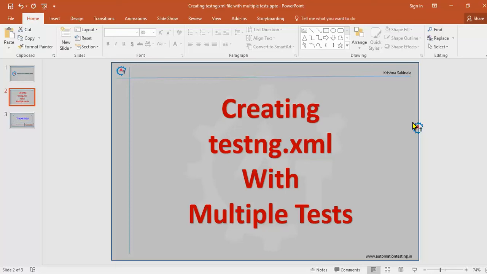And in the future, if you want to execute only the regression test, you can use this test and execute only that test. In the same way, if you want the smoke test, you can execute only those tests. So we will see how you can create these multiple tests, how you can execute them, and how the output will show.